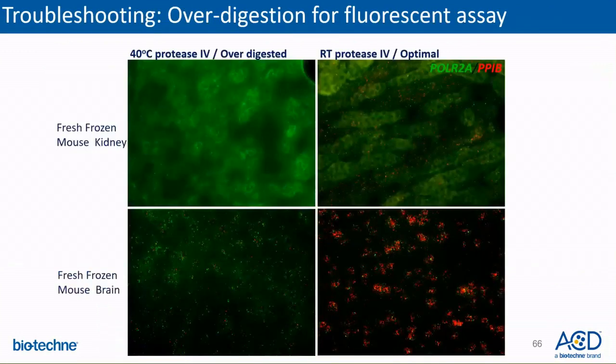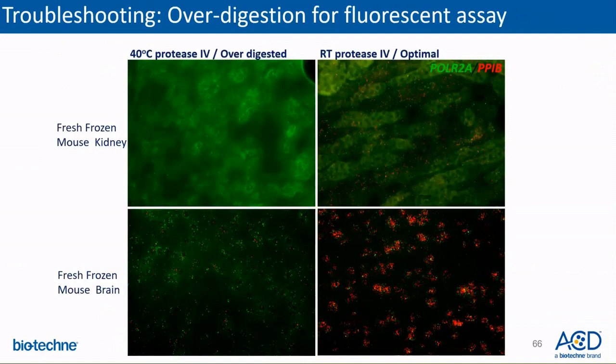These are examples of fresh frozen samples where the effect of protease treatment on RNAscope signal quality is demonstrated. In the top two panels are the mouse kidney samples. On the left is the kidney sample that is overdigested due to protease 4 treatment at 40 degrees centigrade. But bringing the protease incubation to room temperature resulted in optimum sample digestion, and you can see clear green and